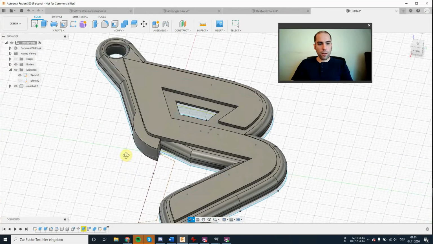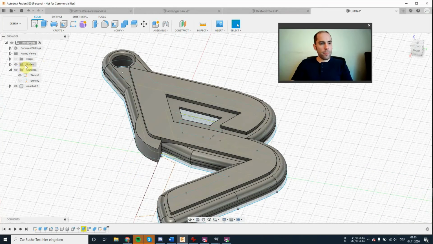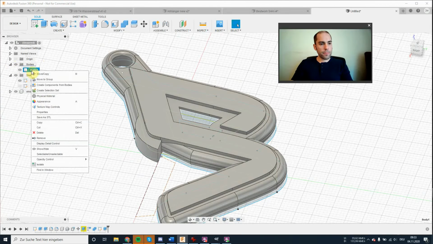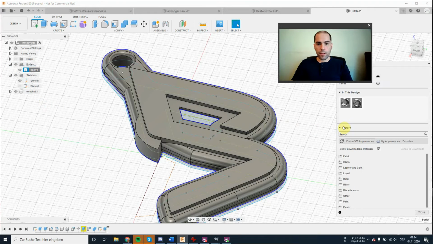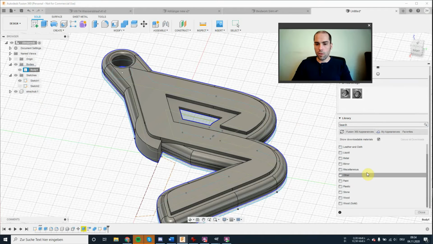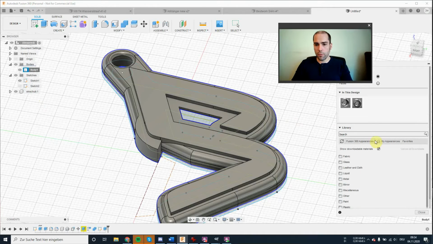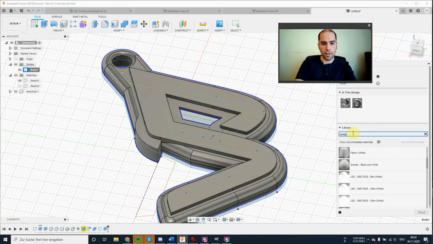Now we can also apply an appearance to this body in order to make it look nicer. This is irrelevant for the 3D printing process, but it just looks so nice.